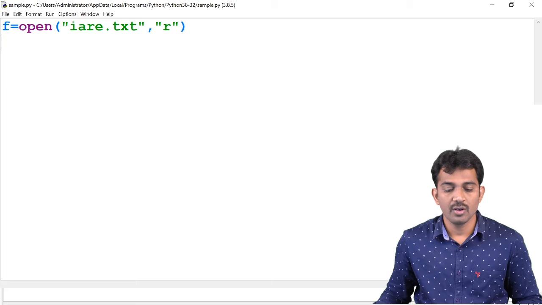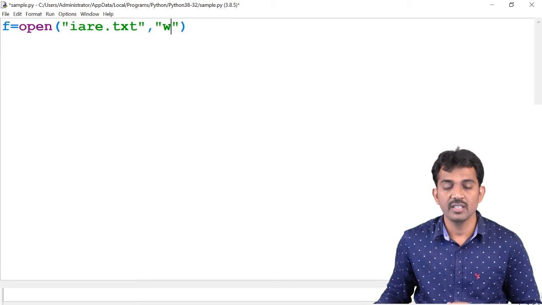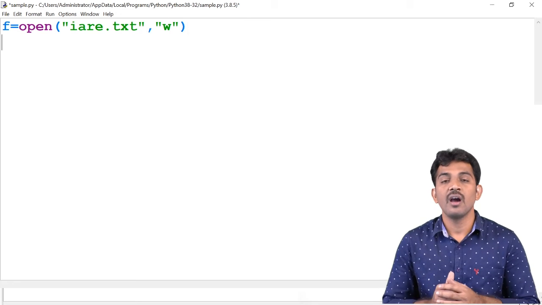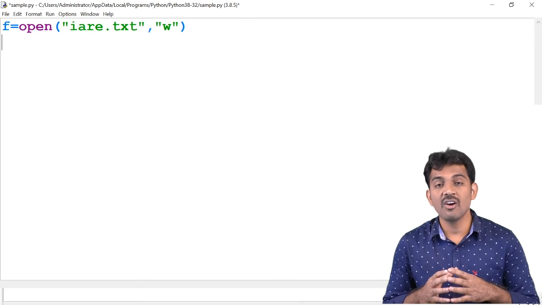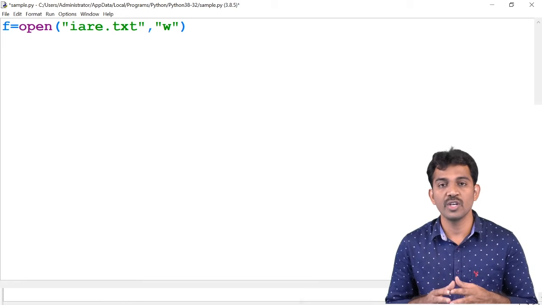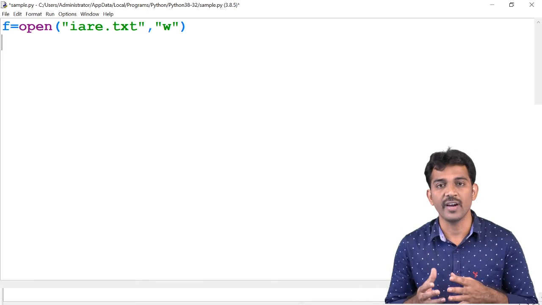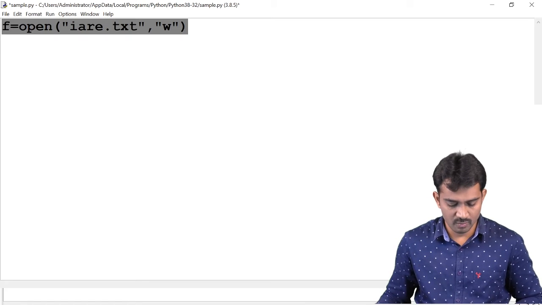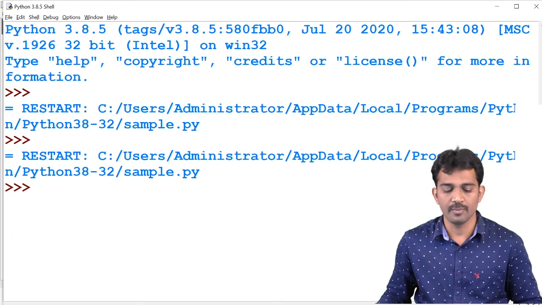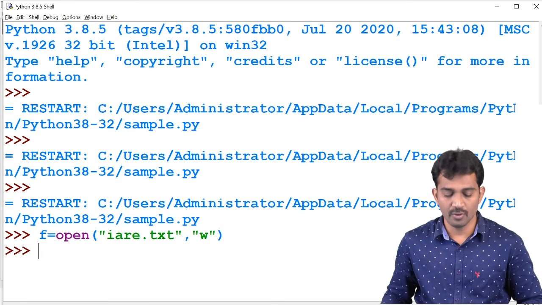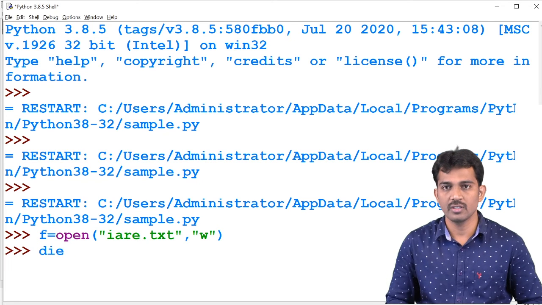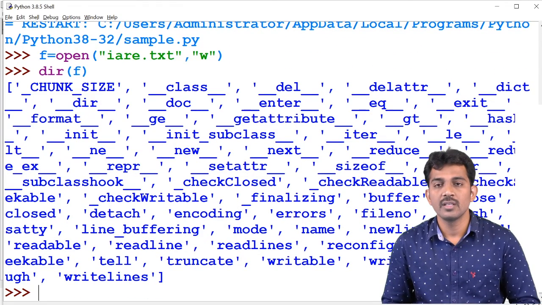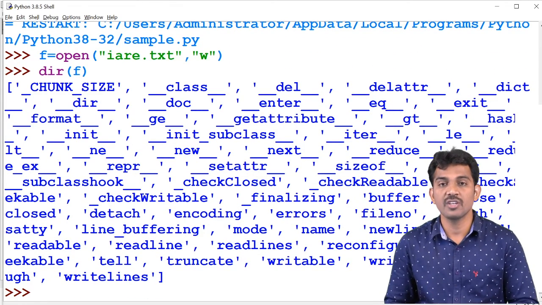And I'm going to create a file, right? What is the file name? IRE. Now, what I'm going to do here, I'm going to print all the numbers 1 to n, and I want to store the data into the file, right? So for that, you need to know what methods are available. See, if you run this code, you just use dir of F. These many methods are available.